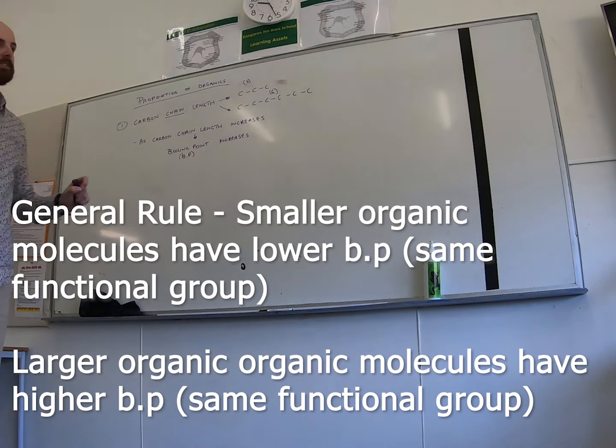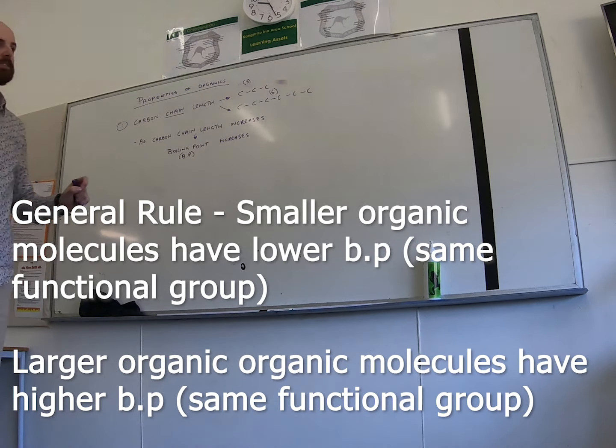Only if they've got identical functional groups. What that means is if you've got a really small alcohol, you'll have a low boiling point. As you make the alcohol size bigger, the boiling point goes up. But what you can't say, because it's a general rule, is if we had, for example,